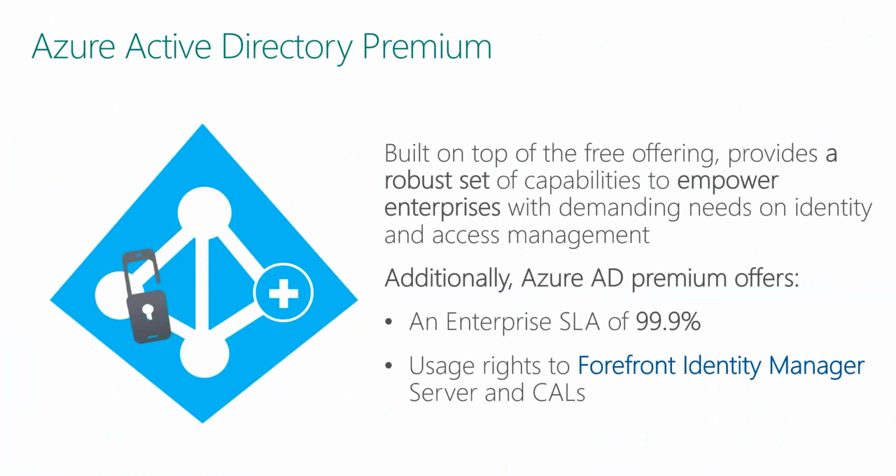So if I log on in one area and 2 hours later I log on to someplace that's 1,000 miles away, machine learning within Azure will recognize that, log that as a potential violation,